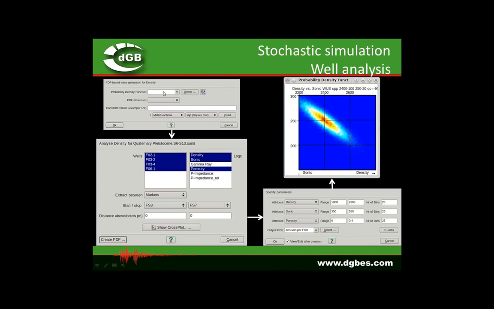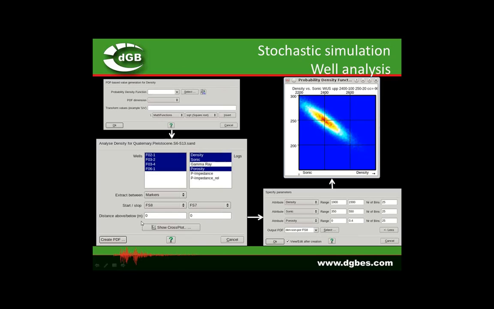So you would need to select a stored PDF distribution, but most often you won't have a stored PDF distribution to provide density values. That is why we have included this well analysis module, that is this very small icon here, that allows you to extract one or several log values from one or several real wells loaded in your OpenDetect project. You can do this analysis in a very small interval, and that will extract the data, and